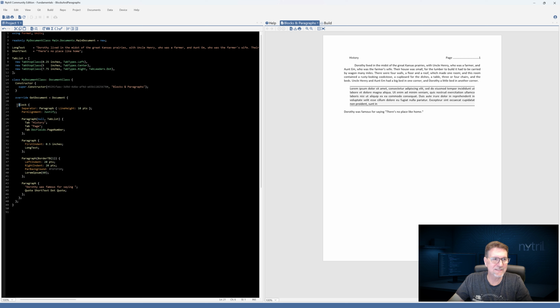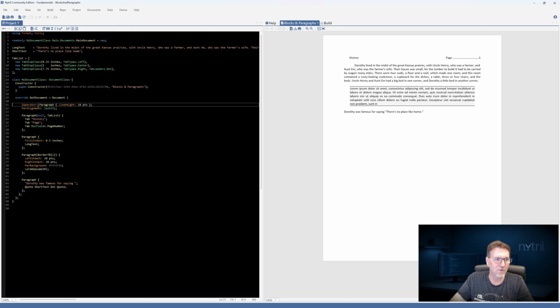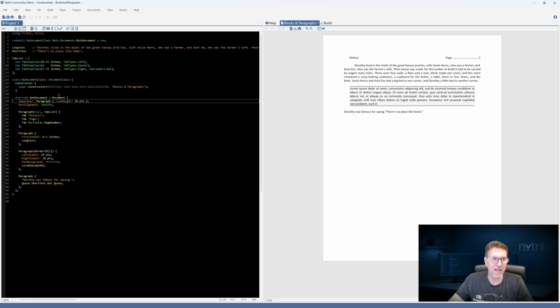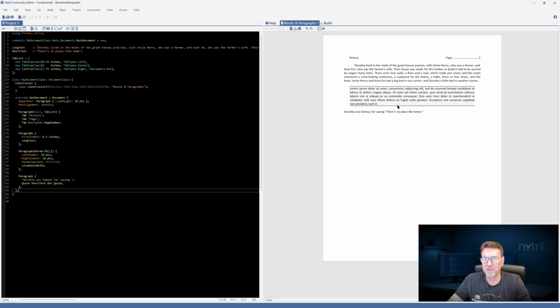So let's view that here. Let's take this block out, and we're going to put another one in, so do not fret. Let's take this one out, and let's see how the document behaves. It should essentially do exactly the same thing that a block did. It should take these and apply them to each one of these paragraphs. So essentially we should see no change in the content over here when I press F5, which I'm going to do right now. Perfect.